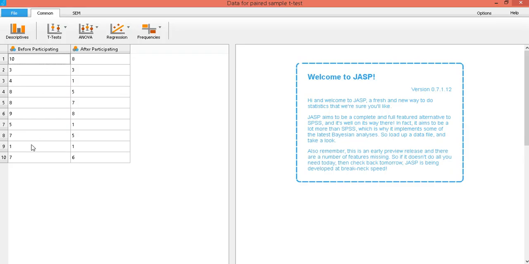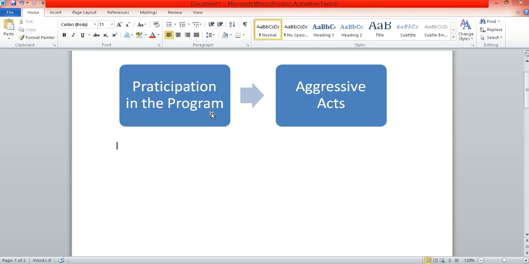This is their aggressive acts before participating, and then after participating, their aggressive acts were measured again, and should there be a significant difference in their aggressive acts from prior to participation in the program and after participation in the program, then that may provide some evidence that participating in the program indeed had an impact on the aggressive acts.